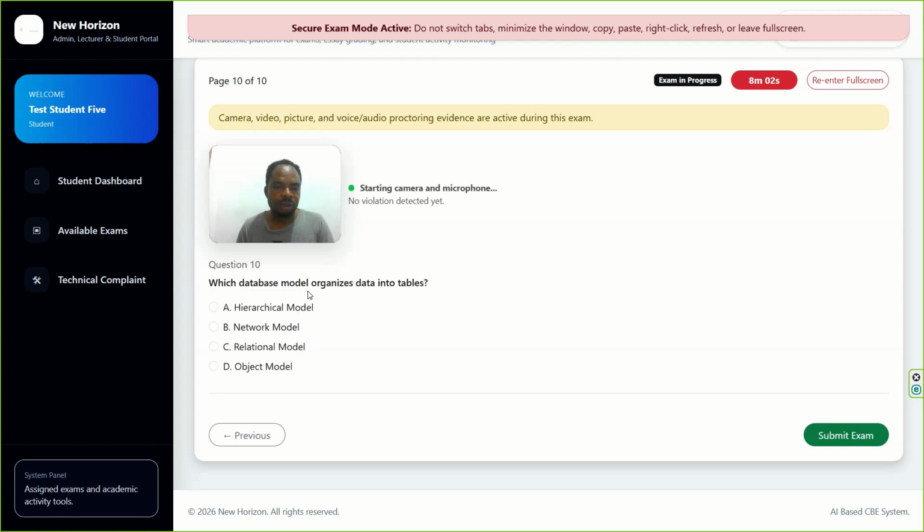Which database model organizes data in a table? You can say relational model. So you cannot submit. And at this point, you can submit